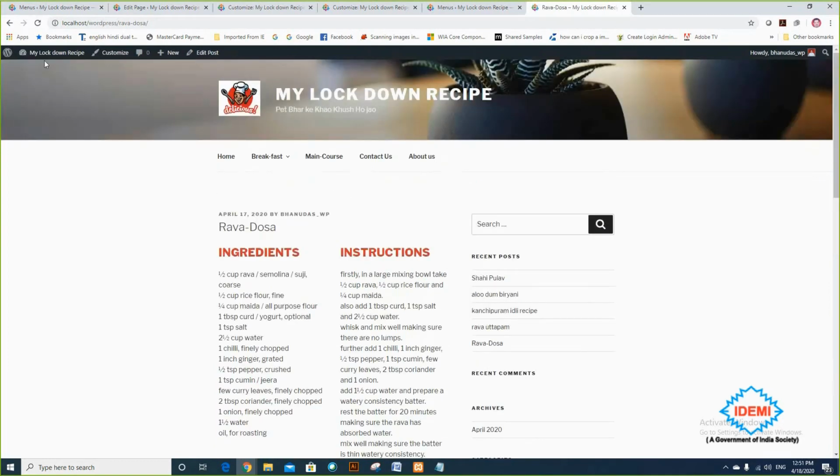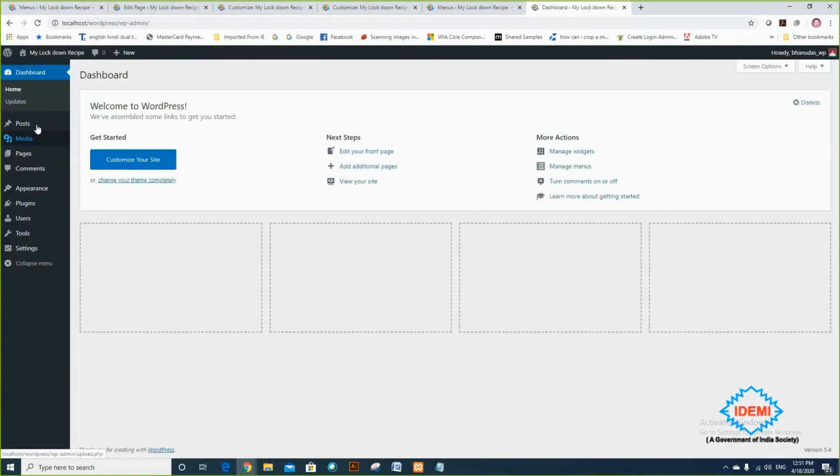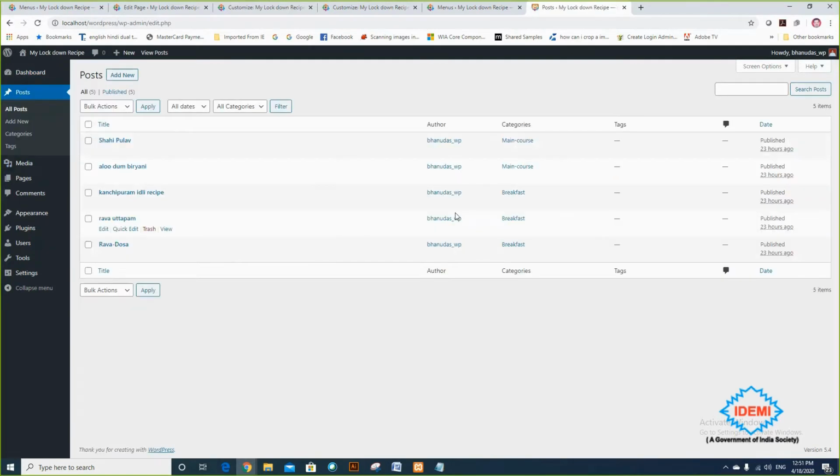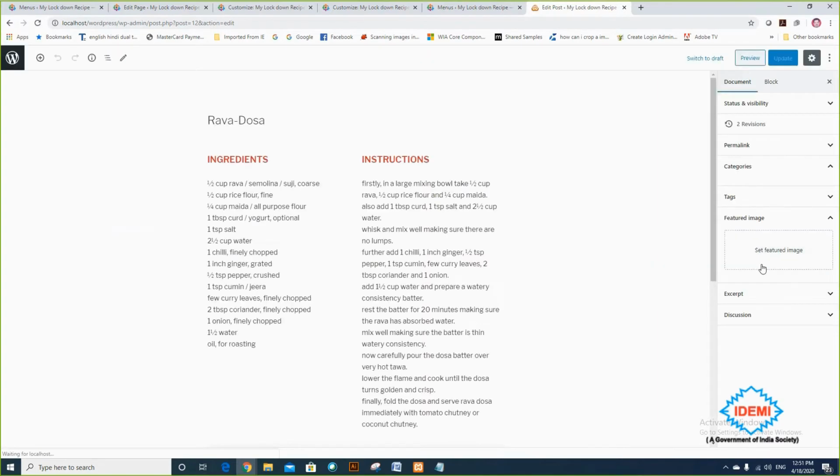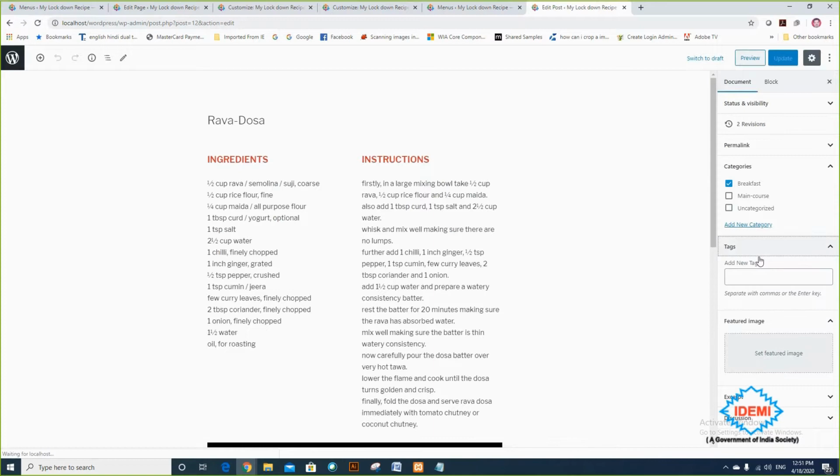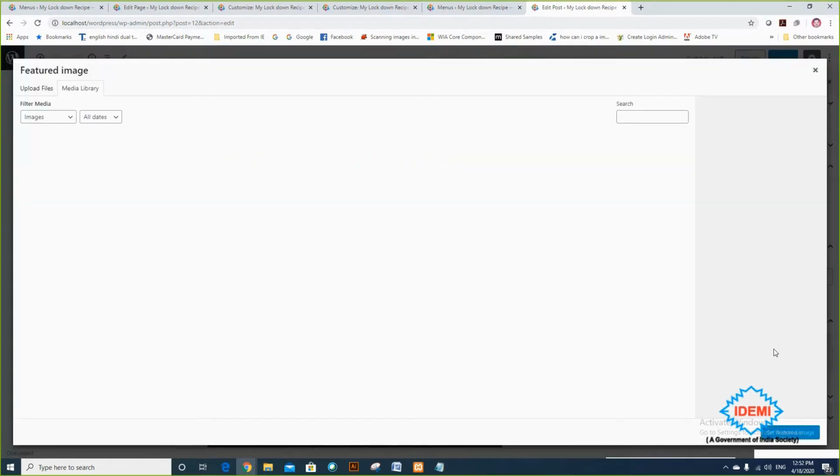So I want to modify it and I'm going to choose dashboard. I found out that the feature image is missing inside Ravadosa. So I'm choosing edit here and I'm going to add a feature image. The rest all have a feature image. So I'm selecting a feature image of Ravadosa.